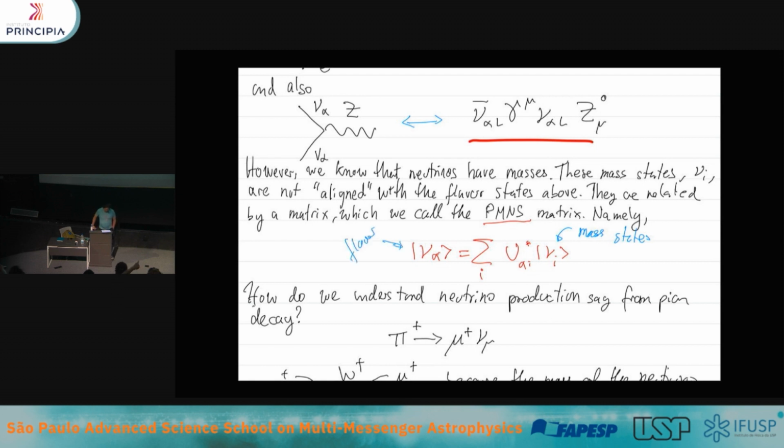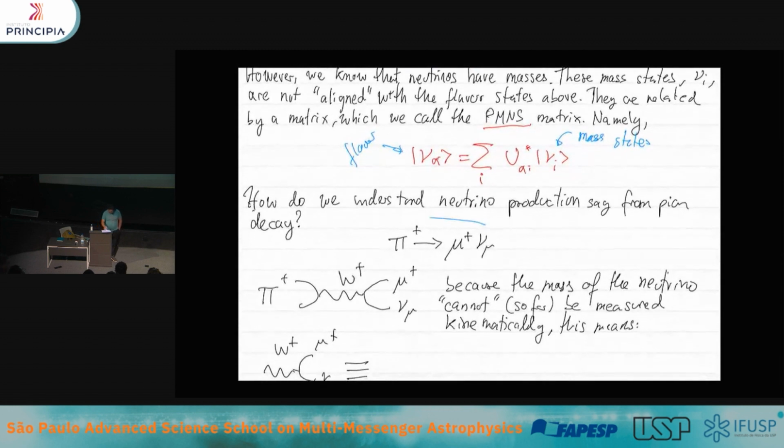Okay. So when we produce a neutrino through a weak process, for example through pion decay, which is our most discussed decay type in this lecture series, we produce exact weak eigenstates. So in diagrams, that means that you have your pion, it goes to a W, and it produces this pair here. So what does this mean in terms of these superposition states?